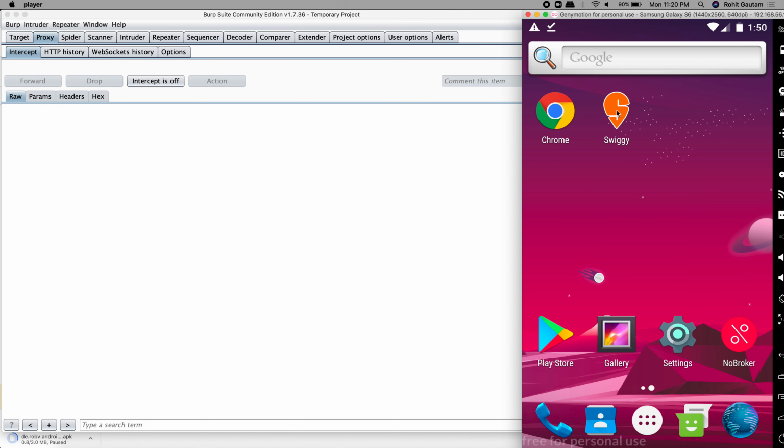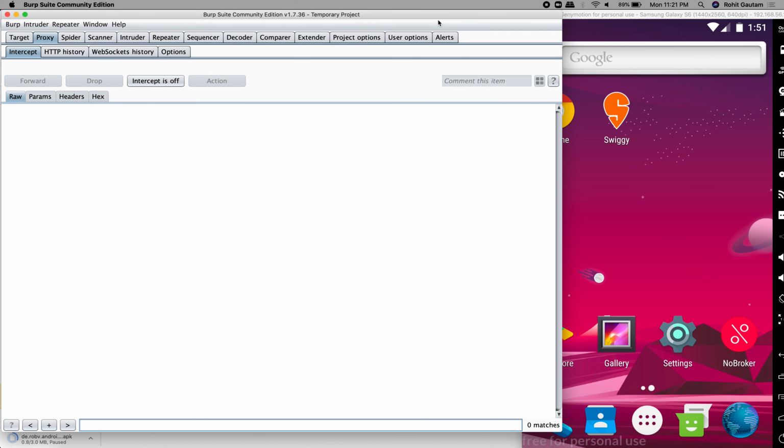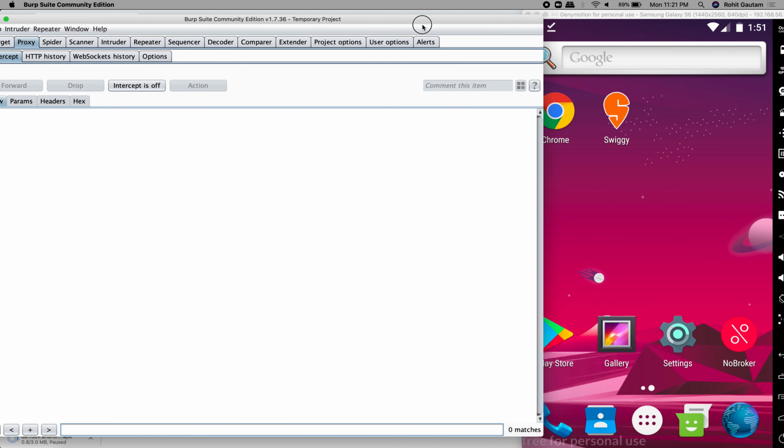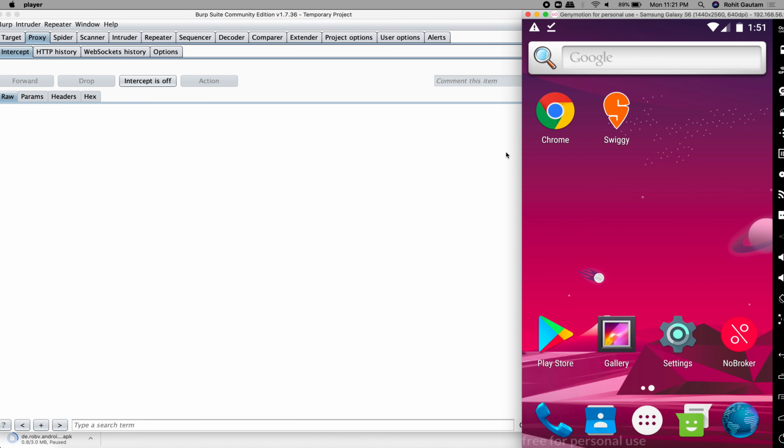The Swiggy application will throw errors because, if you remember from the starting slides, I have shown you how it does the code checking. It will identify that there is something malicious in between, which is the Burp Suite's root CA, which is listening, and it will throw exceptions and errors, and obviously it is not going to work.